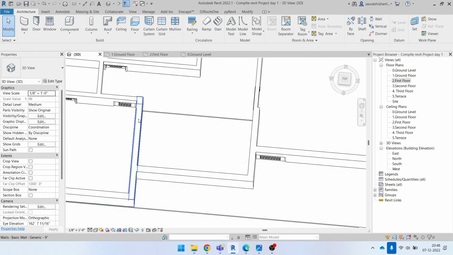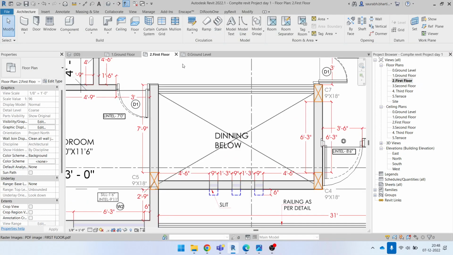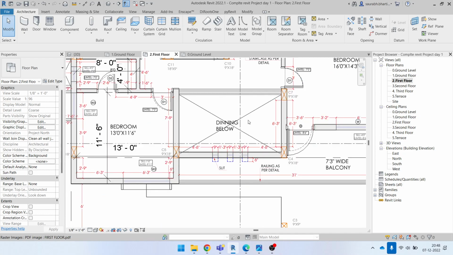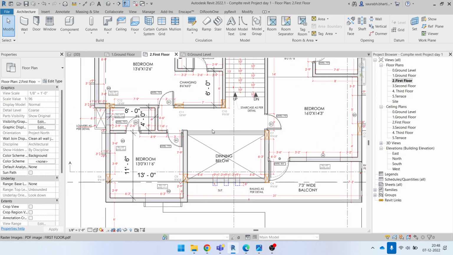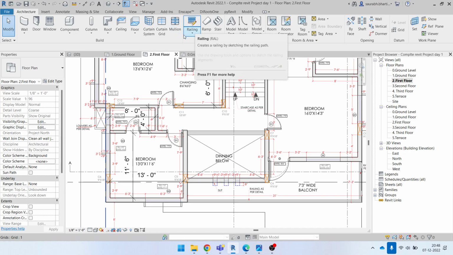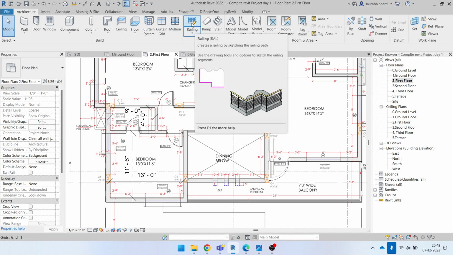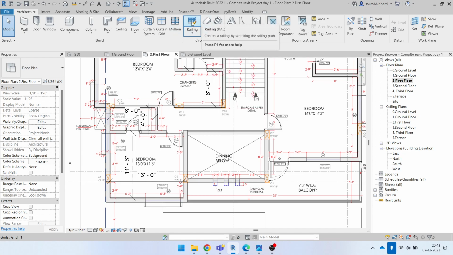Okay, and here at this part, I will just go to the first floor once again, and here we have a railing. So now we will see how to put a railing here. Okay, and then we also have to put the window. So let's just see how to put a railing, and then we will see how to put a window. We already know how to put a window, but still, here first of all I will click on